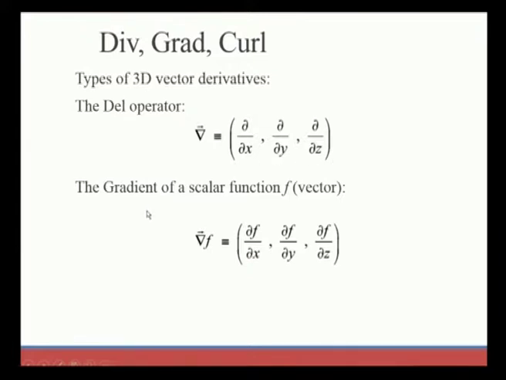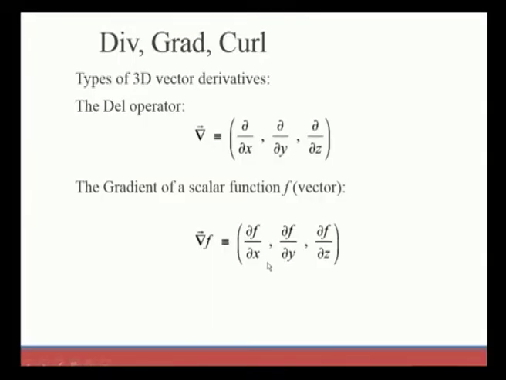This can be applied to a scalar, which gives the gradient. The gradient of a scalar function, and also of a vector function, is equal to the del operator applied to the function, where we mention the function for the x, y and z coordinates for three dimensions.